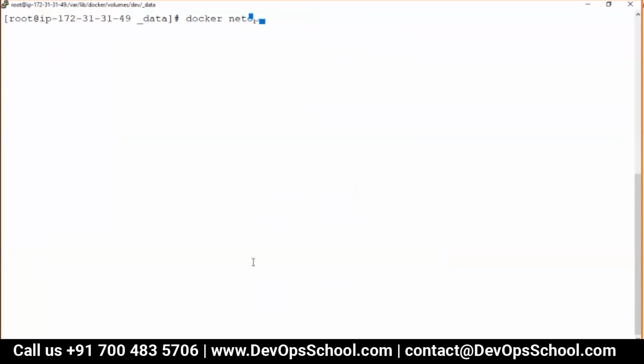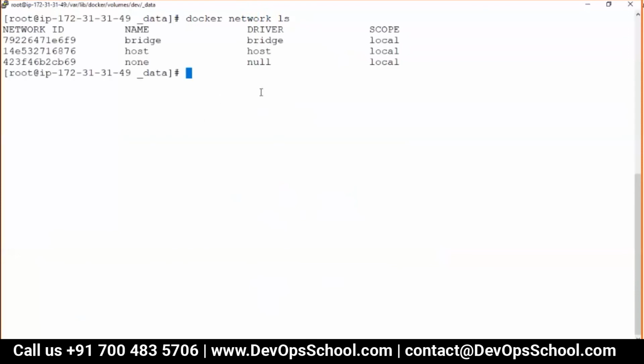No, that's bridge, that will be there. So it does not show the individual containers. No. We have to inspect the container, and then you will see all this stuff. Inspect container will give you huge information. I had asked you to spend a little bit of time, no matter whether you understand or not, because that way, tomorrow when you need something, suddenly you recall, okay, I've seen this field in this inspect.